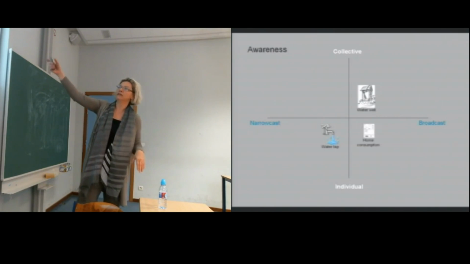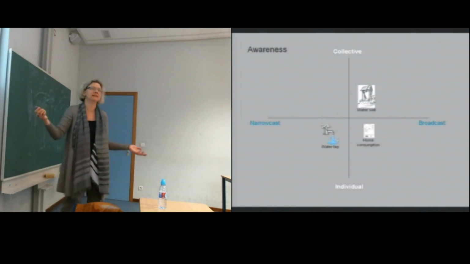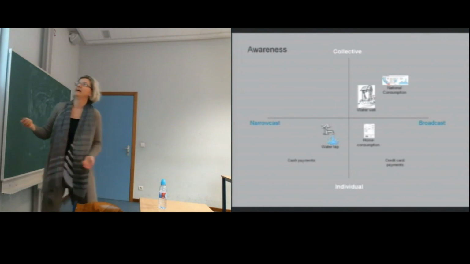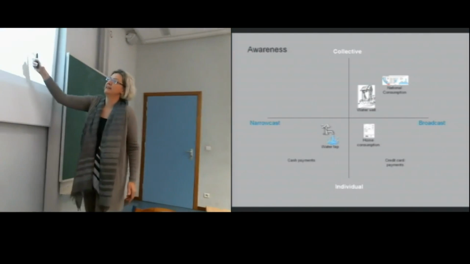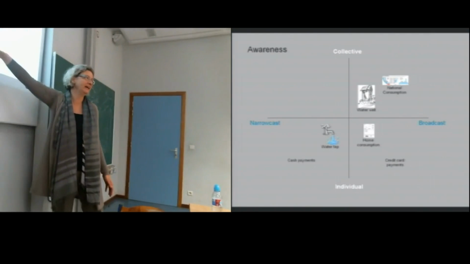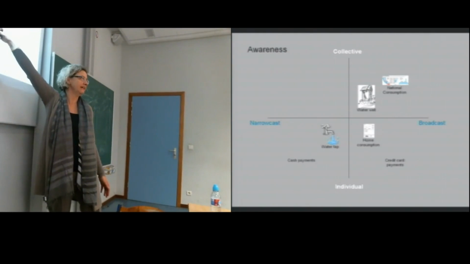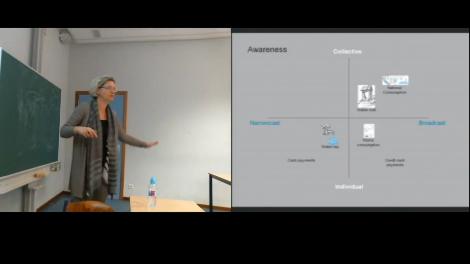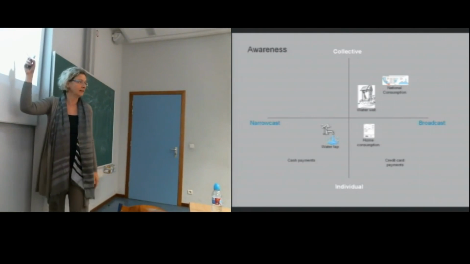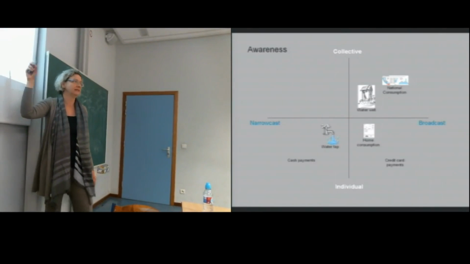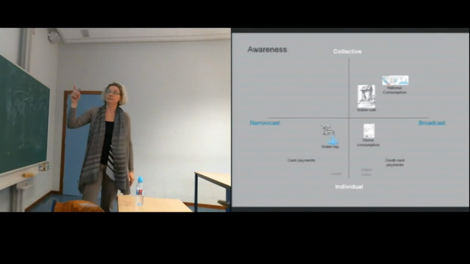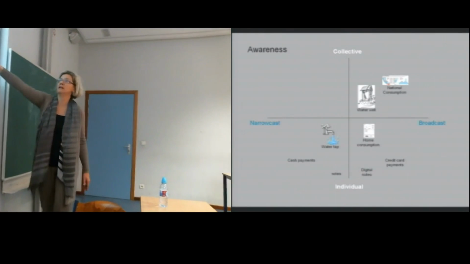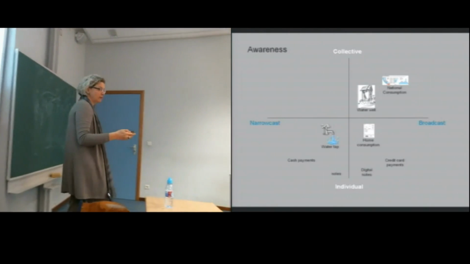So as I said before, in the broadcast, we get home consumption bills, and we get national consumption on the collective level. This is also an interesting cross that actually, when we pay, if we pay cash, it's clearly narrowcast, which means only I and the shopkeeper and my friend know it. But the moment I pay credit, suddenly everybody has the data. Big difference. And it's the medium that does it, nothing else. Same if it is notes or it is digital notes. These are permanent, are accessible, are broadcast,